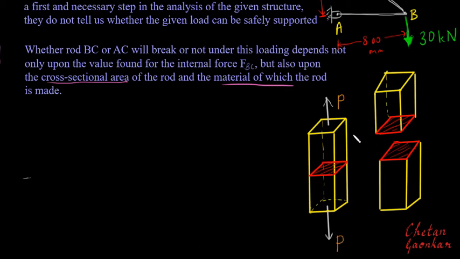Now once we apply some external force to this object, because of this external applied force, at any cross section, resistance forces will be developed. This material will not easily give up to the external applied force, but it will start to develop some resisting force which will resist this applied force P. And similarly if I take this section, same thing will happen. For this applied load P, there will be some resisting forces developed on any given cross section.